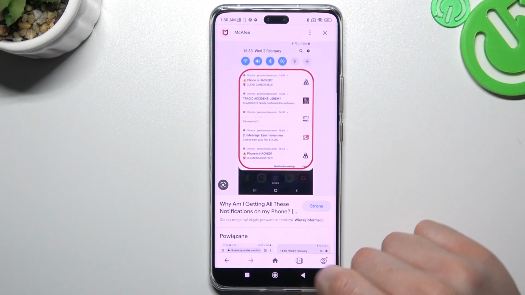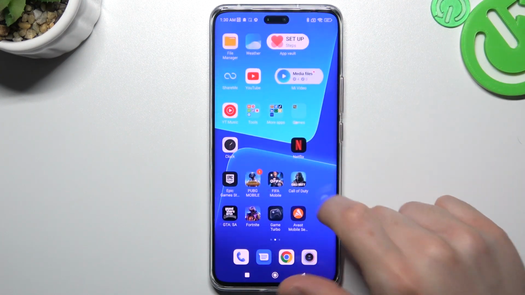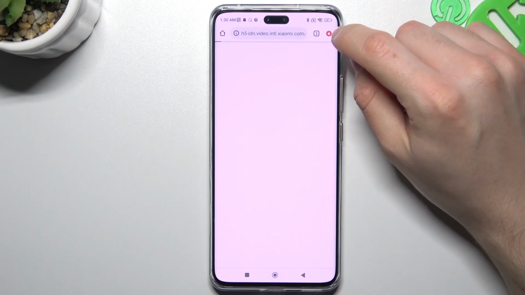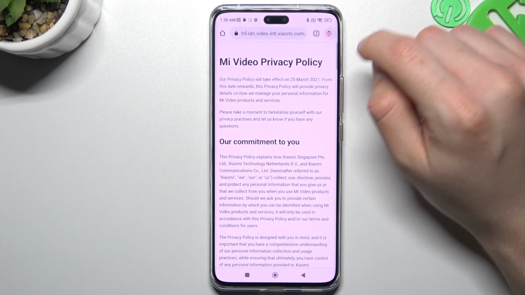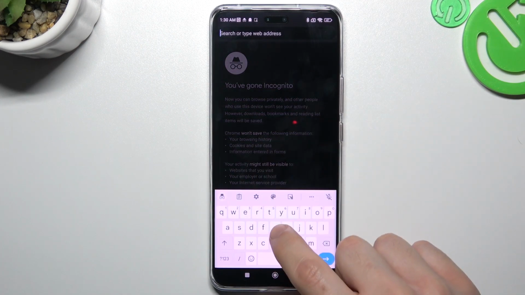Opera: click on the tab bar icon, switch to Private, add a tab. Simple. And the last one, Google Chrome: click here on this three dot icon or arrow icon, choose New Incognito tab, and now your history, cookies, files, completed forms, or any words typed on the keyboard